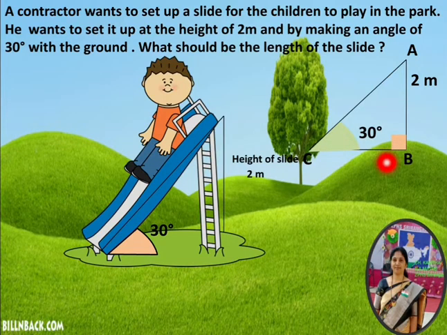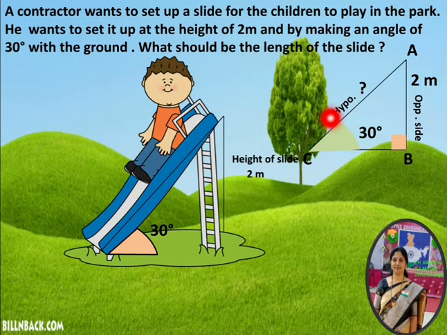And observe that here we have the angle, and we have to find out the length of the slide. So length of the slide means AC. Here AC we have to find out. Now in this particular triangle, AB is opposite to 30 degrees, so this becomes the opposite side, and at B we have the right angle, so the side opposite the right angle becomes the hypotenuse. So AB is the opposite side, and AC is the hypotenuse. So the opposite side is given, the hypotenuse is asked.